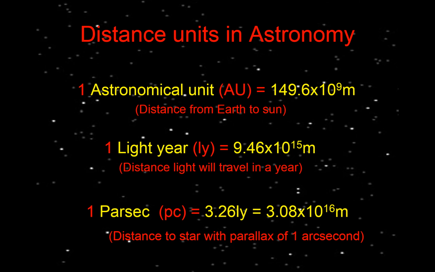So if you could move at the speed of light and keep moving at the speed of light, by the end of a single year, you will have traveled 9.46 times 10 to the 15 meters. Quite often, when you're looking at astronomy, especially when you're looking at the distance to faraway stars and galaxies, there's a method that uses something called parallax to determine those distances. So the distance to a star with what's referred to as a parallax of 1 arcsecond is given by the parsec. Now we'll define parallax and discuss this a little later on, but right now you need to know that